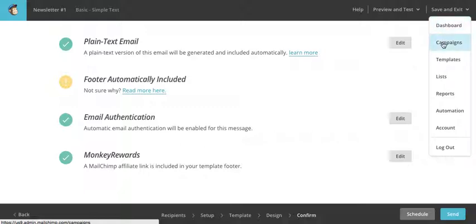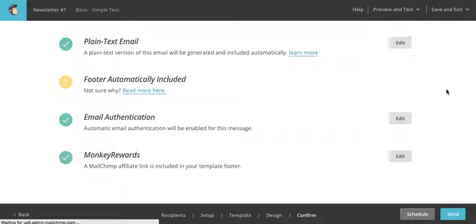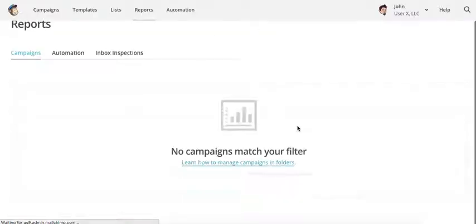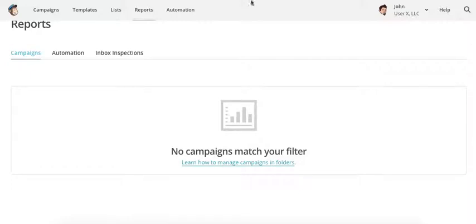We're going to go back to reports, but I don't think anything's going to be there yet because we haven't done it. But then you go back to reports, and once you have reports, you can go through here. So that's it. It's pretty simple to put together a campaign, and if you have any questions, always reach out,